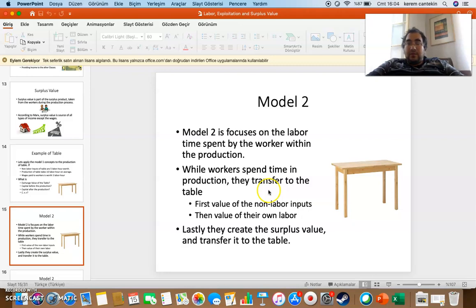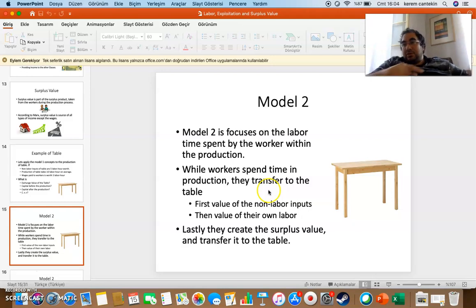Well, when you compare the case before the production and after the production, you might think about the value you create. If you work for 10 labor hours, you produce a table that is worth 15 labor hours,